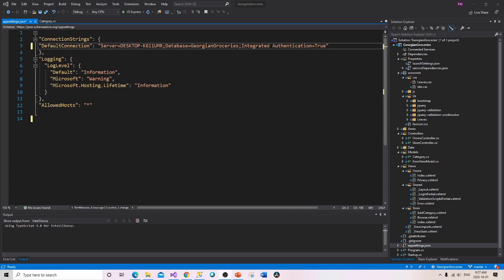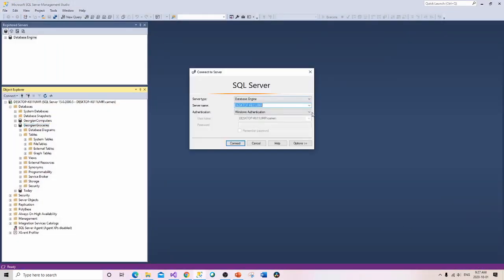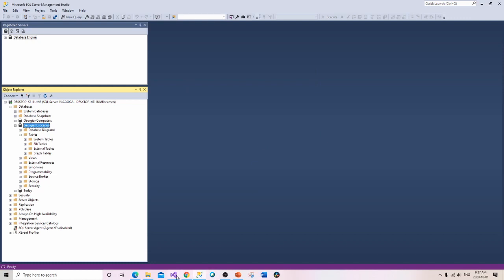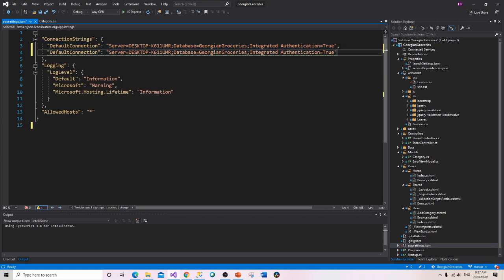actual application. So if in your application you had gone and set up this SQL Server authentication, you'd have this login and password. Because I didn't do that on mine, what you would have to do is go into yours, and let me just duplicate this to show you the difference between the two. After this, you wouldn't be putting in this line of code. What you would be putting in would be